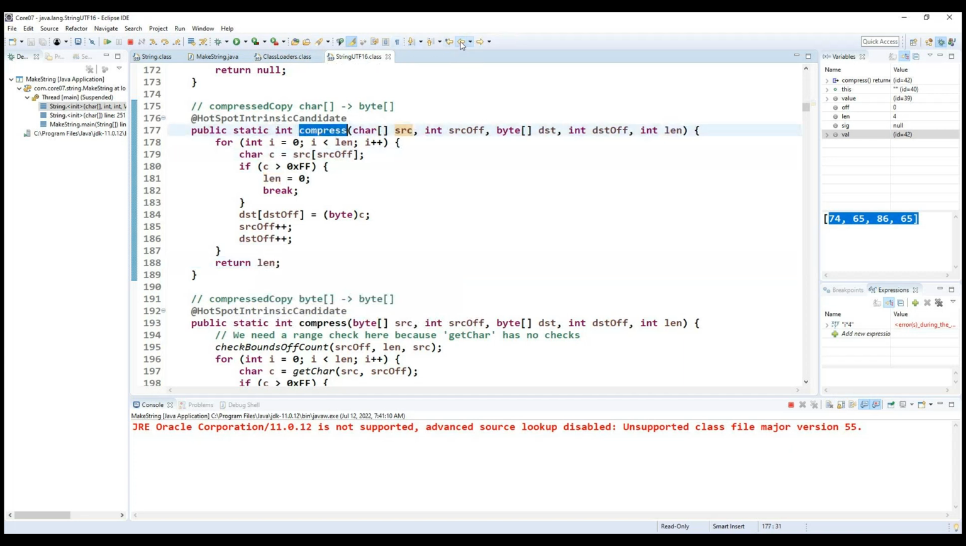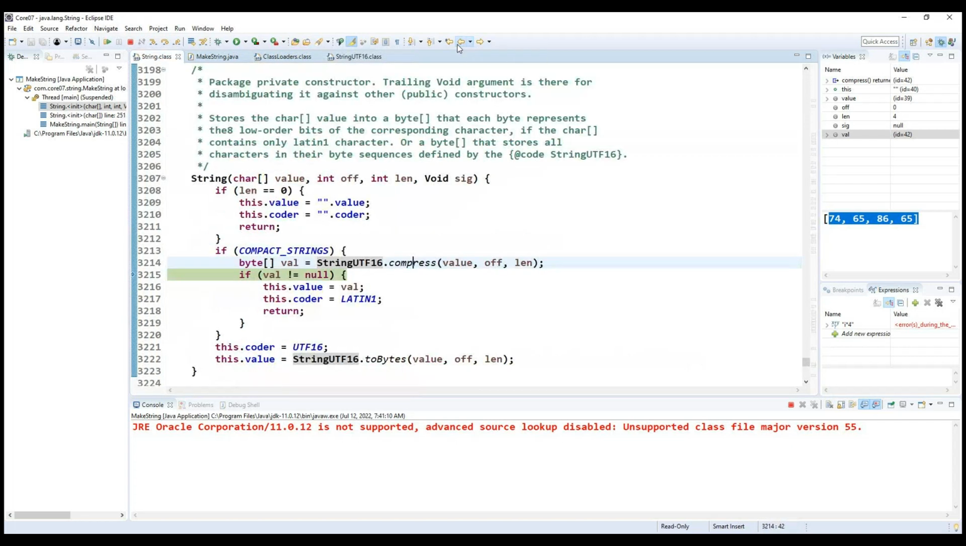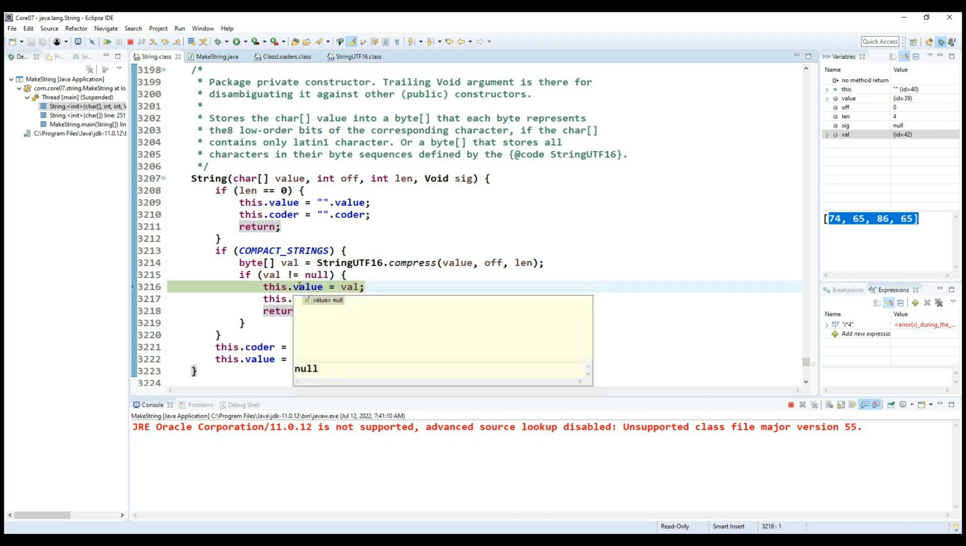Okay, now you can see. So once it has written this particular length, they are trying to return this particular RET. RET is nothing but the byte array. So here the byte array we are going to use. Now we identify all the byte arrays, so this array is not going to be null. Now the value, whatever the value we are having, we are trying to set into